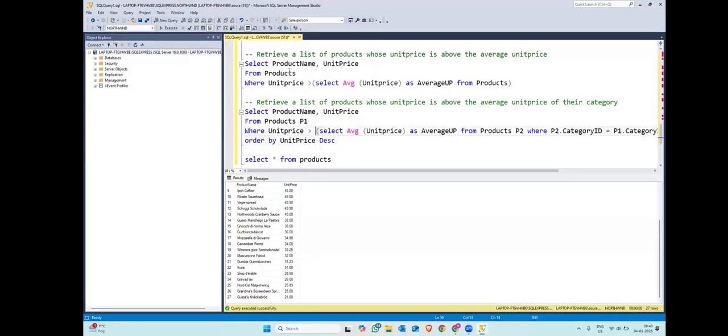Now someone in the chat is asking, I think Shweta has shared. Can you write like this? Correlated only work on same